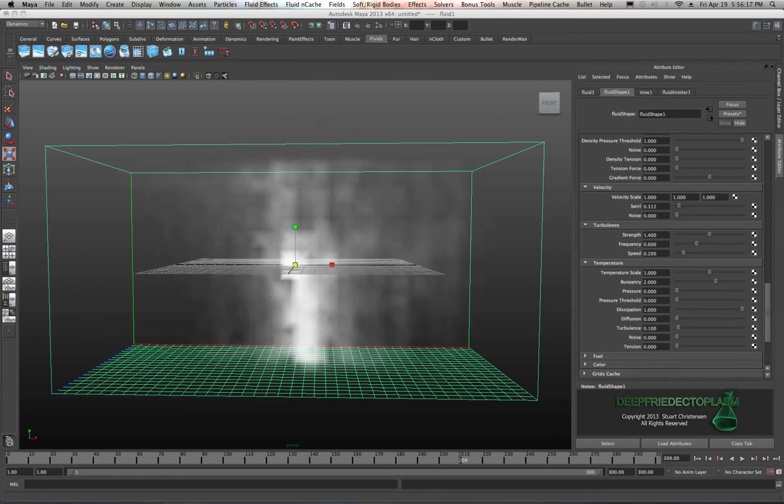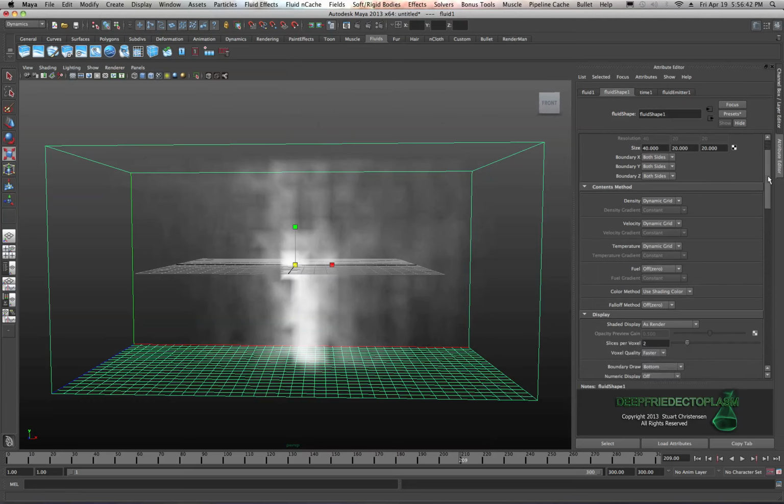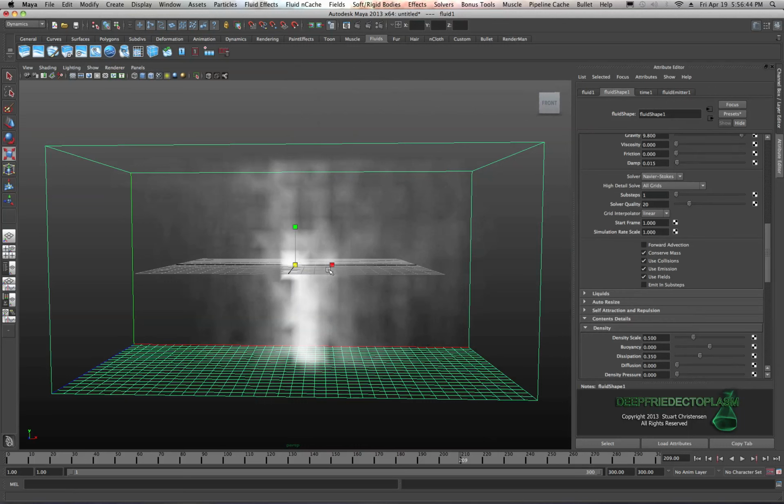All right. Well, we could do one of two things. Remember that we're just setting this up, and our resolution is really low right now. I mean, we've got a base resolution of 40. So if I kick that up to a higher value, it's going to look a lot better. But it's also going to make playback and getting this set up a lot slower, okay? So just remember that. Let's leave it at 40 at the moment,